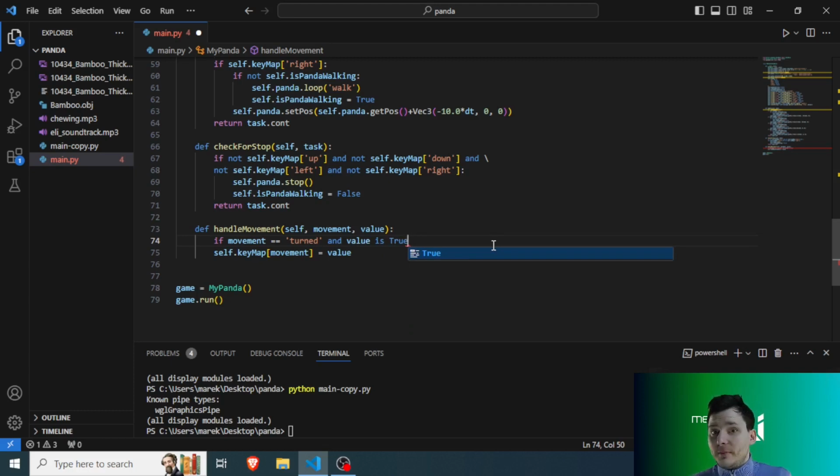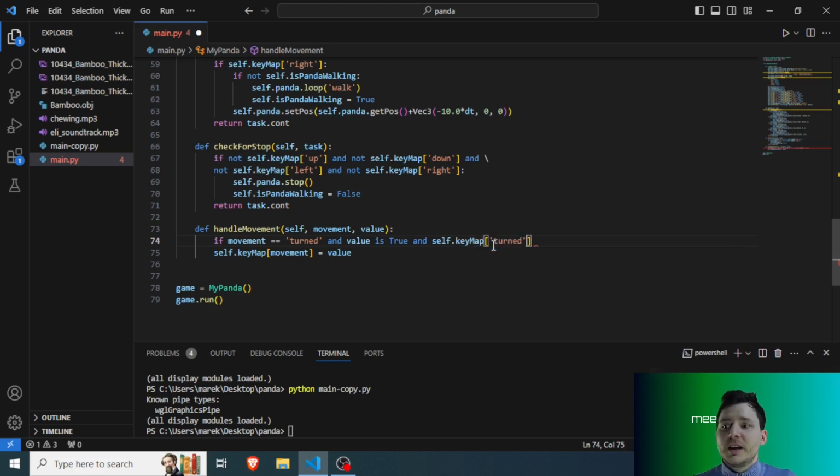As you can probably tell by now, this is very explicit. We don't actually need to specifically say value is true. We can just as well do this and leave it on the condition, right? Because Python by default checks for truthiness or falsiness of that statement itself. What I'm doing here is just being super explicit. Value is true and self key map